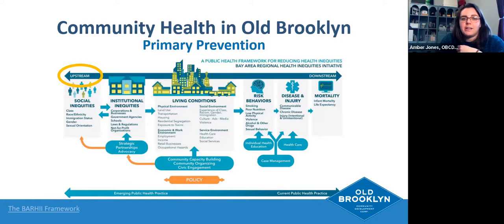We are looking at the economic and work environment. So opportunities for employment. That's looking at how much a person makes so that they're able to live in a safe, affordable home and provide the necessary needs for their families. That's looking at retail businesses and small businesses. So are they available in your communities? Do they have the supports that they need to be successful? And then that's also looking at the social and service environments of our communities. So thinking about our culture, maybe even violence and crime,